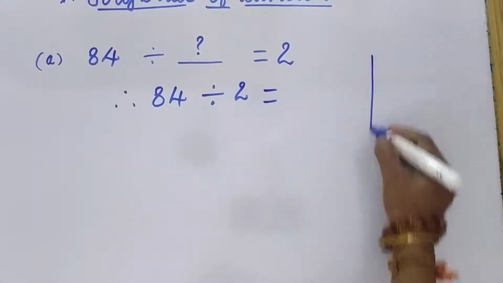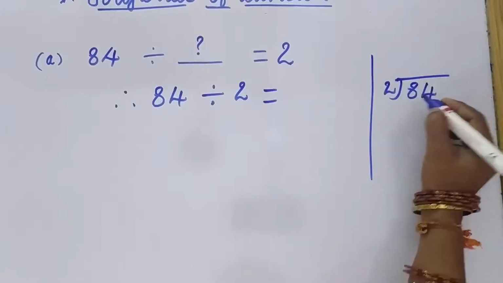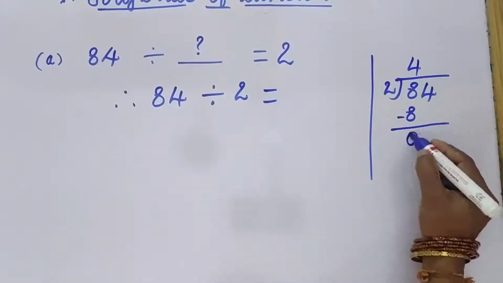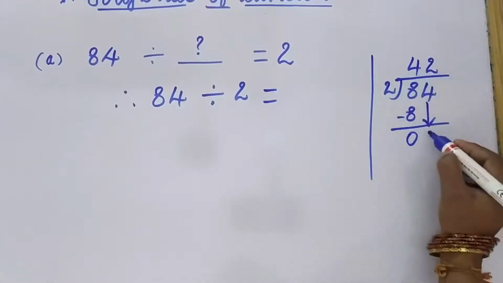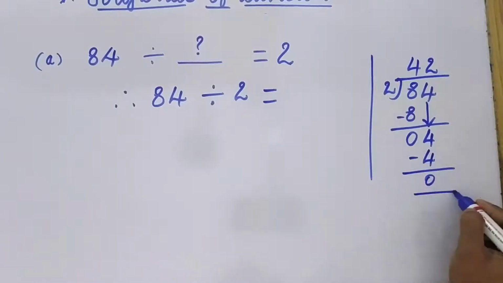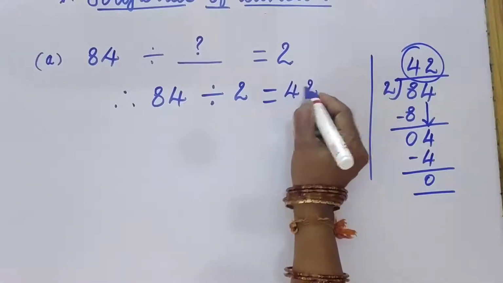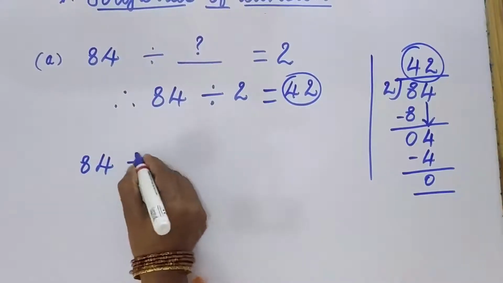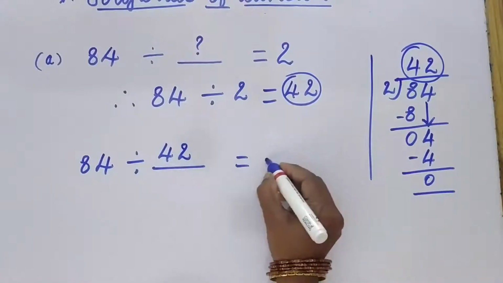Then we will get, shall we divide here? So, from 2, let us divide 84. 2 4s are 8. Subtract, 0. We will get 4. We need to take down 2. 2 2s are 4. Subtract, we will get 0. So, what have we got? We have got the quotient. So, which is the missing divisor here? Yes, 42. Okay.